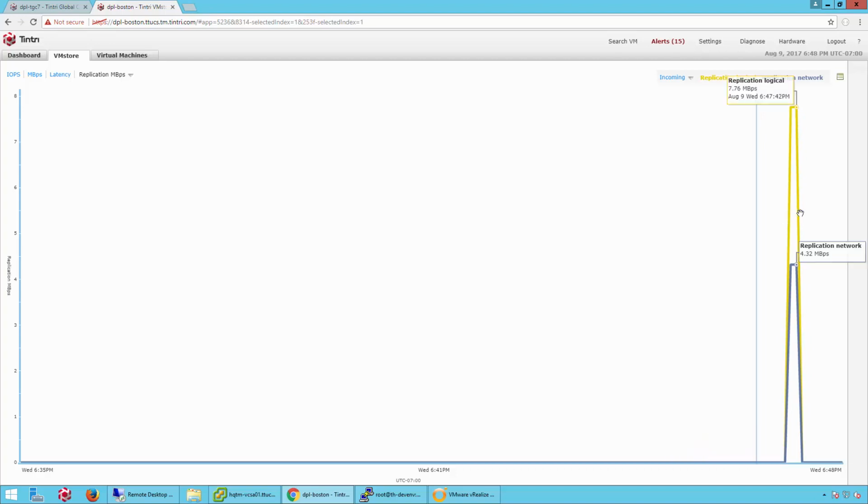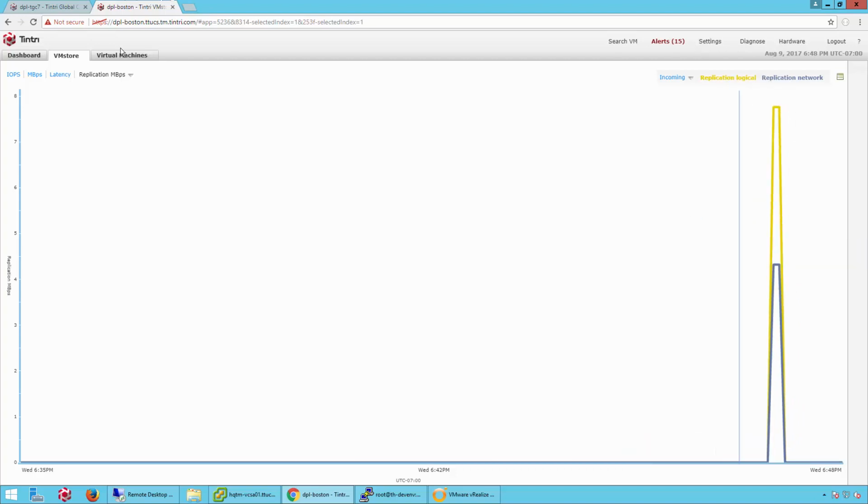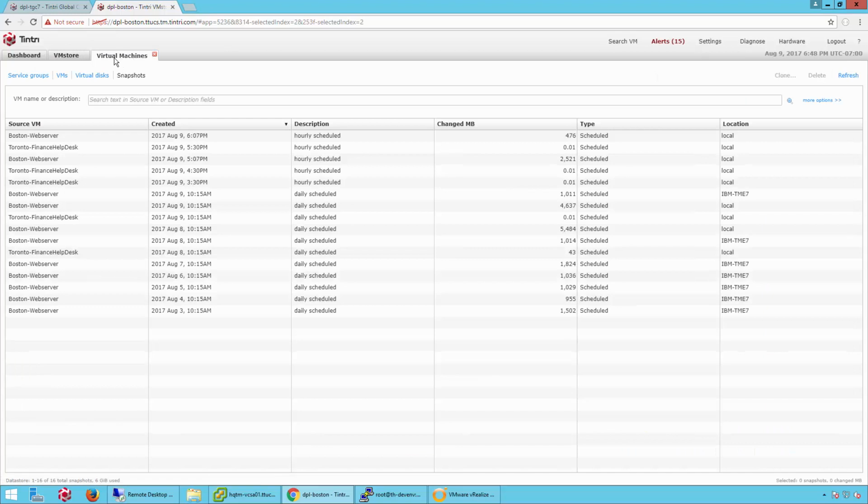So now that this is done, we have the snapshot here on site. And if I go to this virtual machines tab under snapshots, we can see that we'll have the Toronto Finance Help Desk snapshot, even though we're here on Boston. So the end-to-end scenario here is that we took a snapshot of a VM in Toronto and sent it to the cloud. Then a few days later, we went back to Tintri Global Center and retrieved that snapshot to another site, in this case